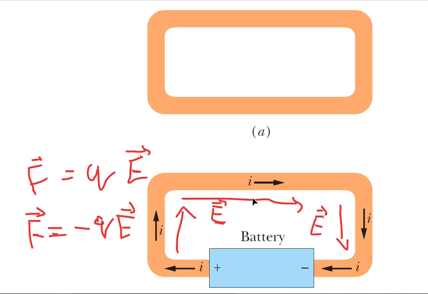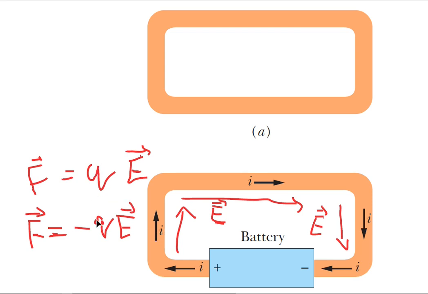It goes from positive towards negative because we already know that the electric field is outward for positive charges and inward for negative charges. So the direction of the electric field is in this way. So from the equation, you know F is equal to QE, when the electric field exerts a force on the charges, on the positive charge,